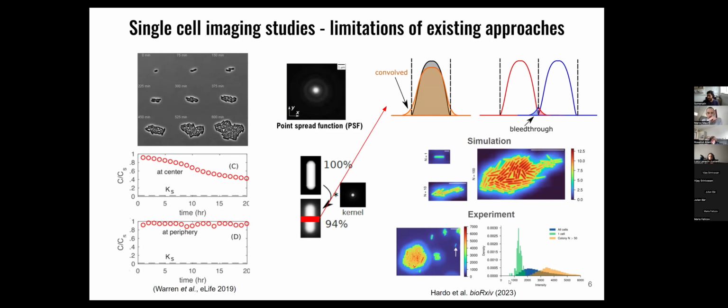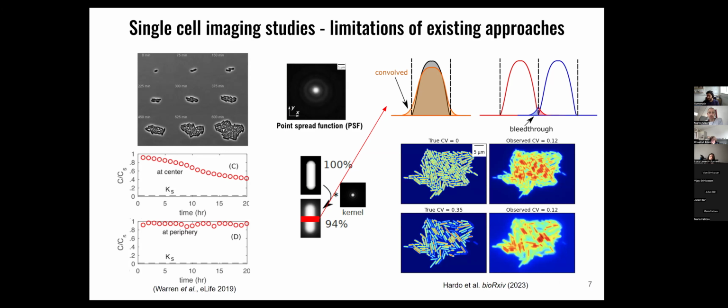And when we analyzed the full data, we found that there is no overlap between isolated individuals and cells that are part of a larger colony, which really affects the analysis. Not only at the level of total intensity quantification, but it really affects noise quantification. There is a nice illustration of this through simulation. You can see that if the true heterogeneity is very low, CV here stands for coefficient of variation, then convolving with the point spread function results in an artifactually high CV, because the intensity of a cell becomes a function of its position within the colony.